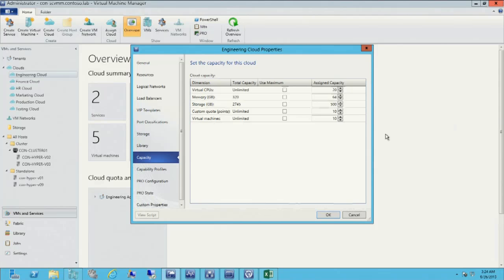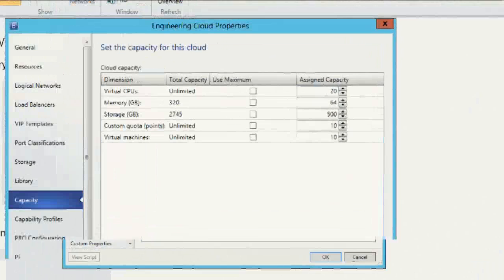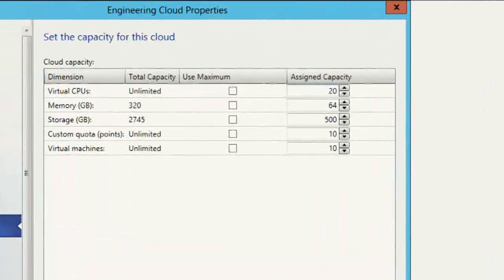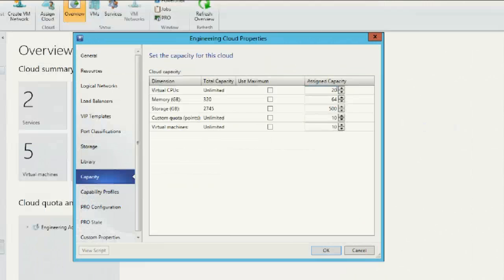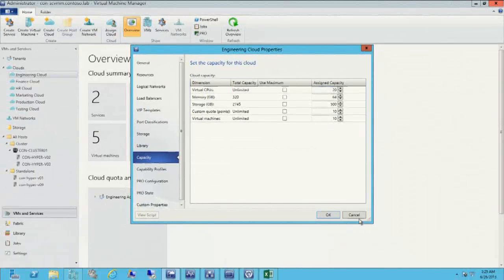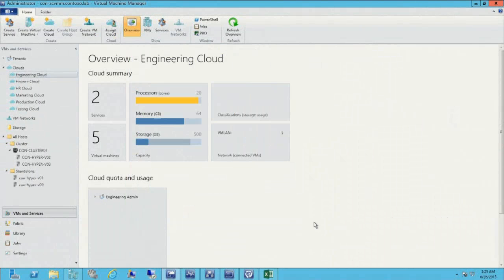Think about your infrastructure, your shared fabric you have, and you think, I would like to dedicate a certain portion of that to my devs. And if that's the case, you could create a dev cloud. You could assign them a certain amount of capacity. So you'll see here, virtual procs, memory, storage, virtual machine number. So I've said that is your maximum dev team. That's what you can use. And you can provide the dev team or the testers or whoever it may be with access to this particular